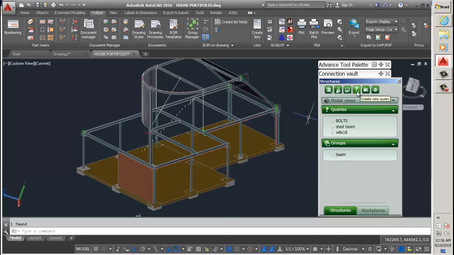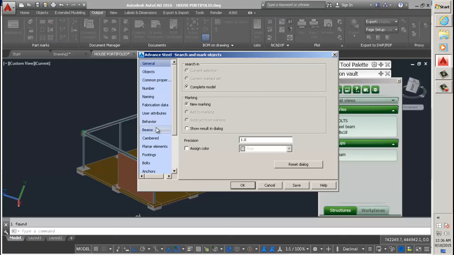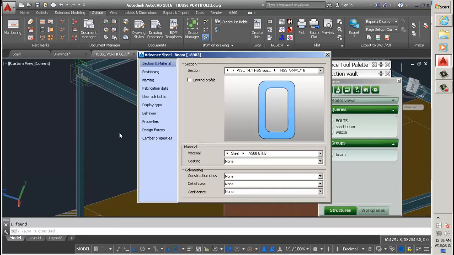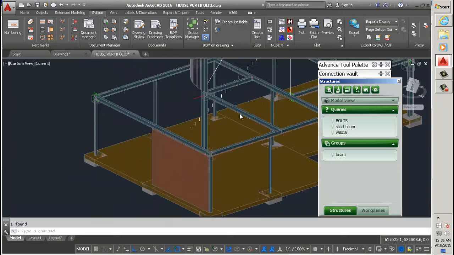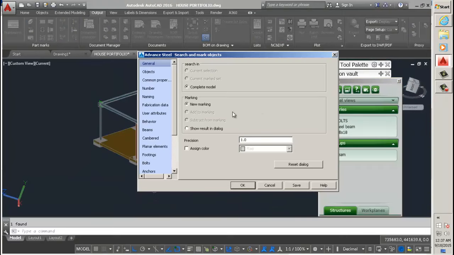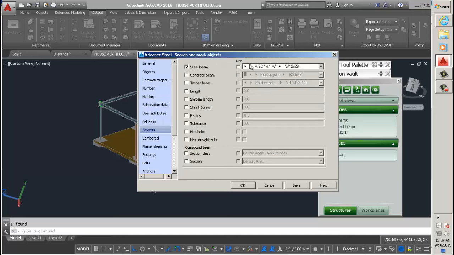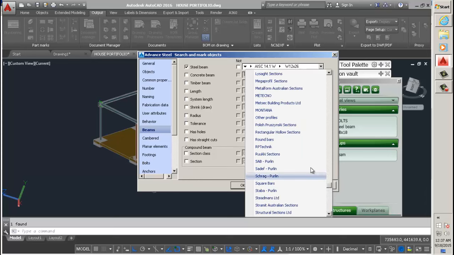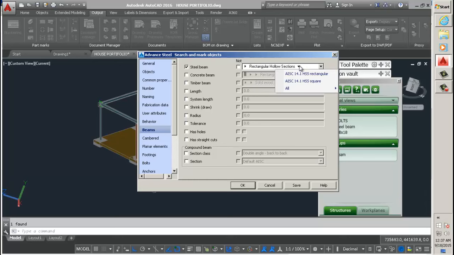So using your project browser, you go to query, and before I do that I'm gonna check what that is. That's HSS 4x4x5/16. Now I'm gonna go to my project browser, hit query, and go to the beams, steel beam, and I'm gonna query all the HSS. In this case they're called rectangular hollow section, I believe, and 4x4, which is square,